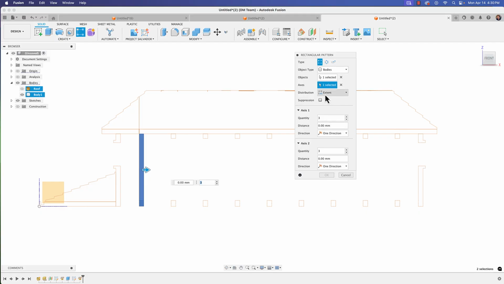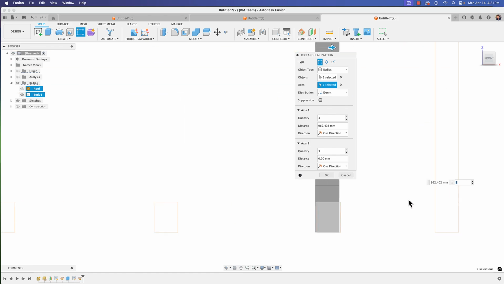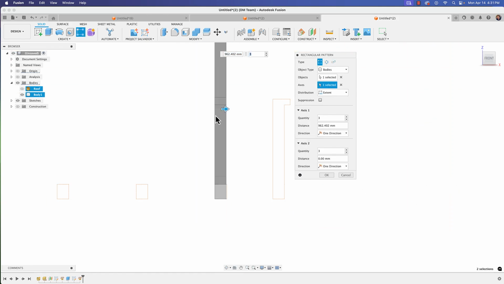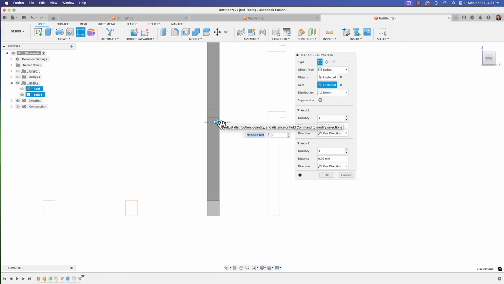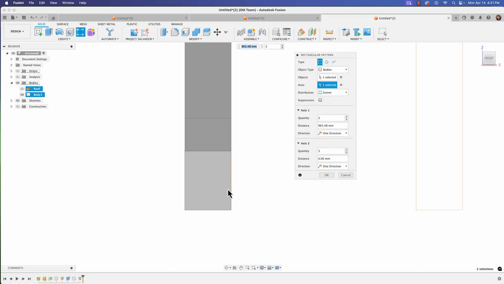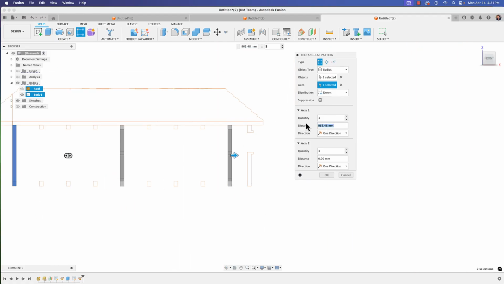And I'm going to take that. There's a few ways you can pattern. You can do spacing or extent. Spacing, you define it by the spacing in between objects. With extent, you just go to your last object and then you tell it how many you want in between. So here I'm going to do it that way using extents. I'm just going to eye it right here. You want to again zoom in right to the end there. We'll give it a nice even number,